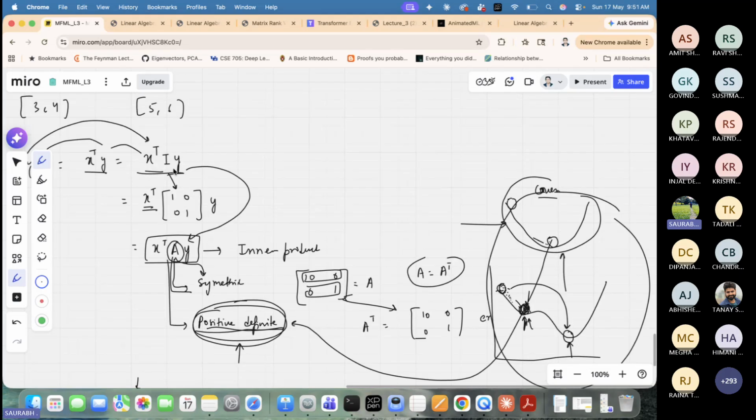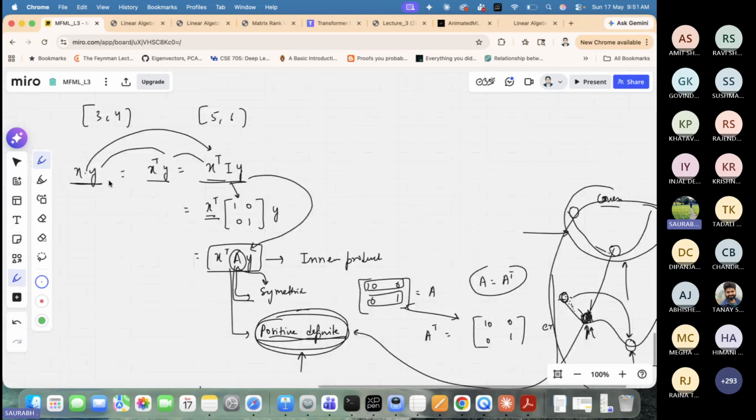A, remember where we started from. We started from x dot y. We moved from x dot y to x transpose y because they are the same thing. And then we said that we introduce an identity matrix in between them. That's also the same thing. But when the identity matrix changes to x transpose Ay, then you are saying that what kind of matrix A could be such that the dot product does not behave very differently. A has to be a certain type of matrix such that the distances remain positive, such that the distances,